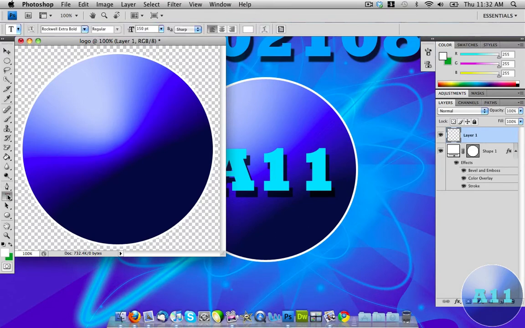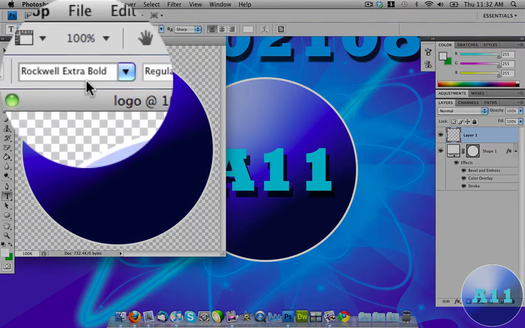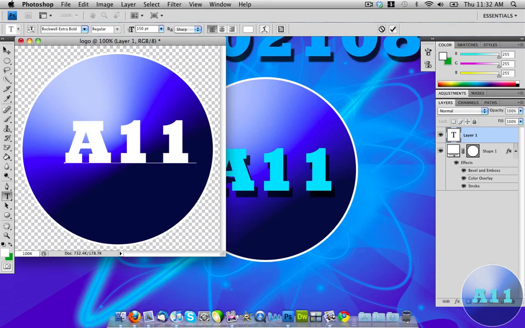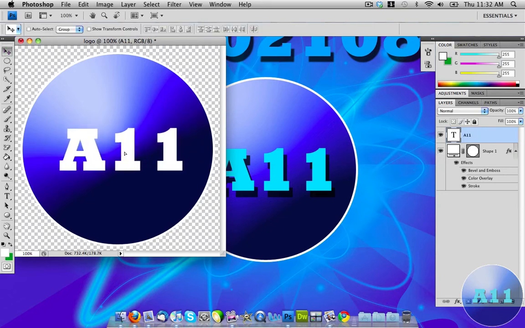So I'm going to go ahead and grab my text tool and select whatever font you want to use, but I'm going to be using the Rockwell Extra Bold font. If you don't have this font, then you can just search on a font downloading website such as dafont.com to download this font. Then you just type in whatever you want to. So I'm just going to type in A11, position it to around the center,